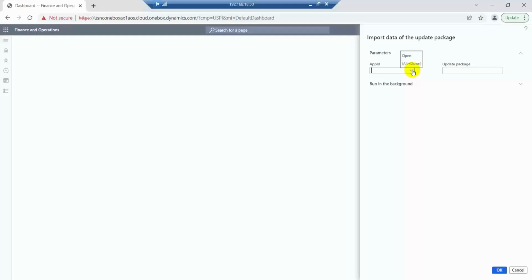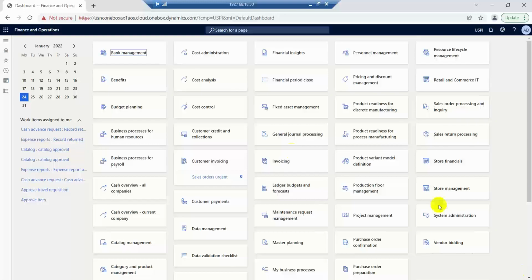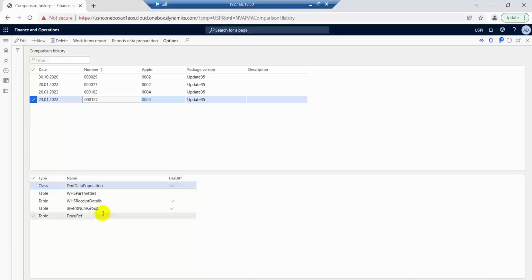So when we run this operation, we should specify the app ID that we will use for comparison, and the path to our update package. Actually, this operation may take maybe 1-2 hours, so I will use a prepared example. When this operation is completed, a new record on the comparison history form will be created, and